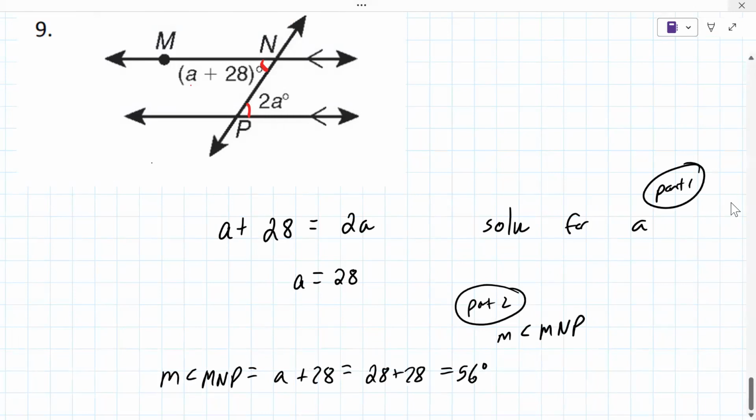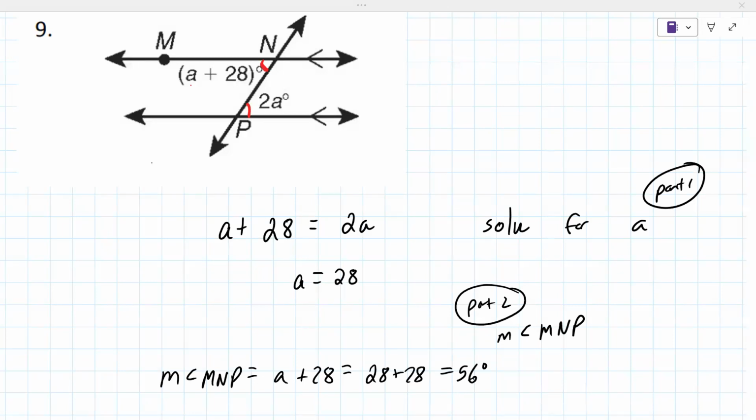So part two, generally part one is to solve for the variable. Part two is to put that number back in to find the actual angle measure. So is that 56 okay? Yeah. So like that's typically the final answer. Now,